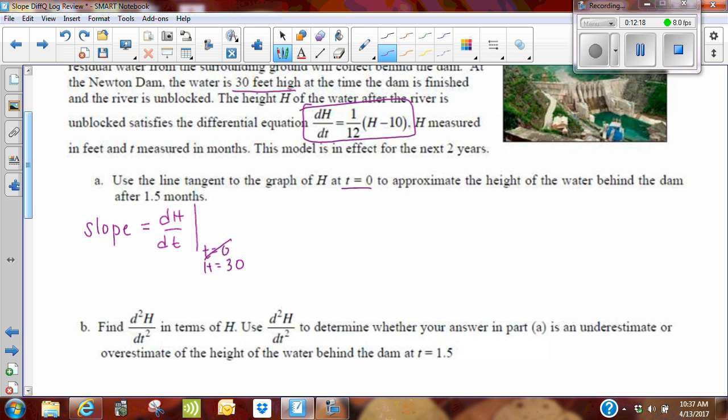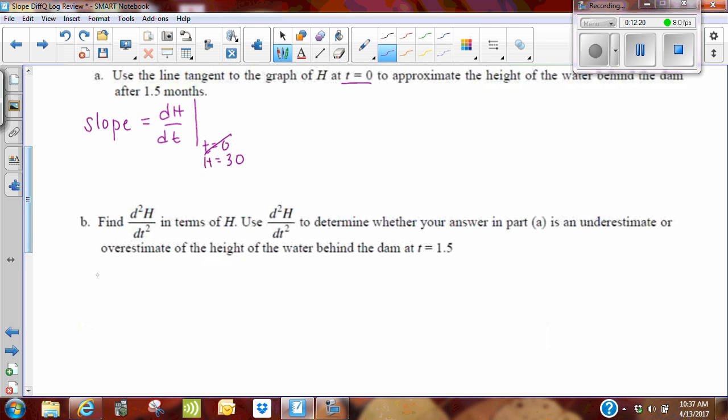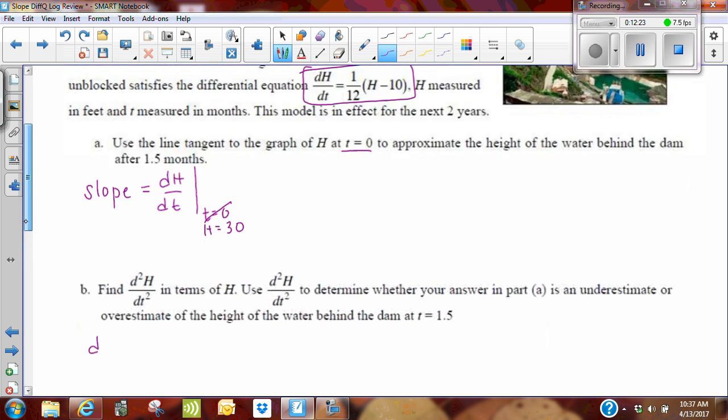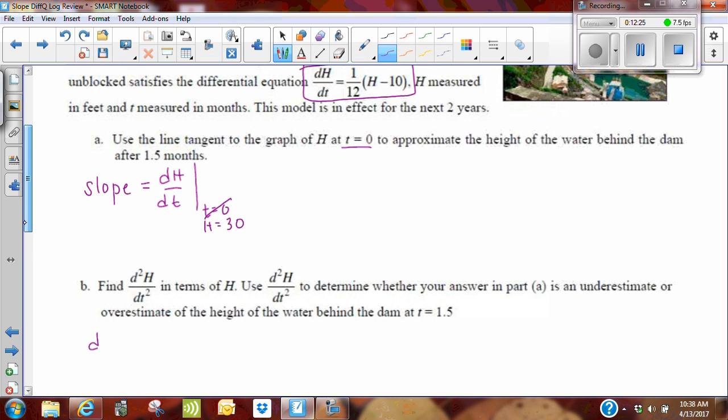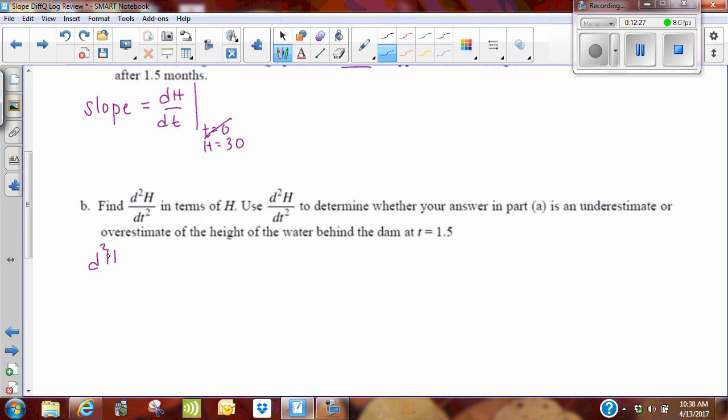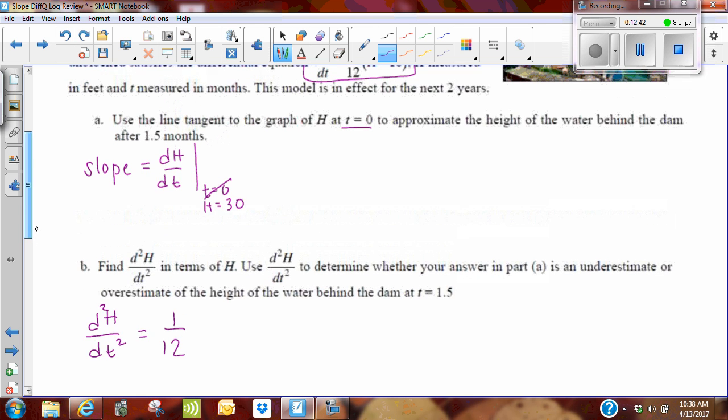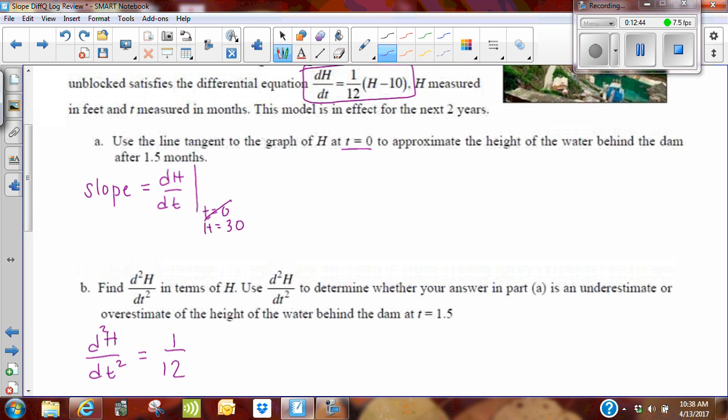Now, okay, so let's do that. Do you want to distribute that 1/12 first or anything, or are you good? No? Okay, so d squared h. I don't really like that notation, but whatever. Okay, so what is the derivative? 1/12? Because isn't this really 1/12 h? Okay, so the derivative of 1/12 h is 1/12